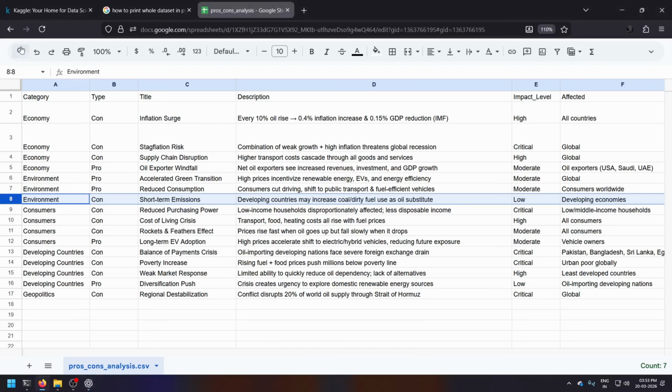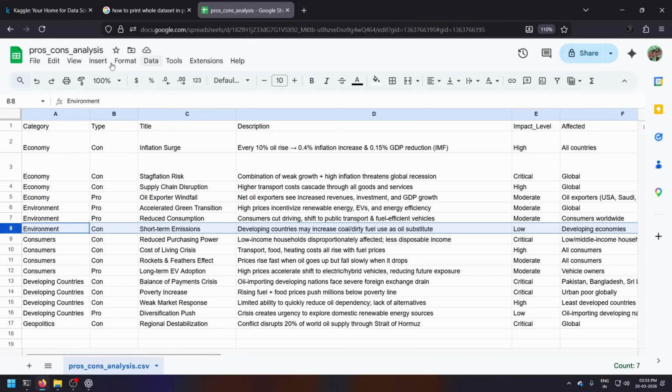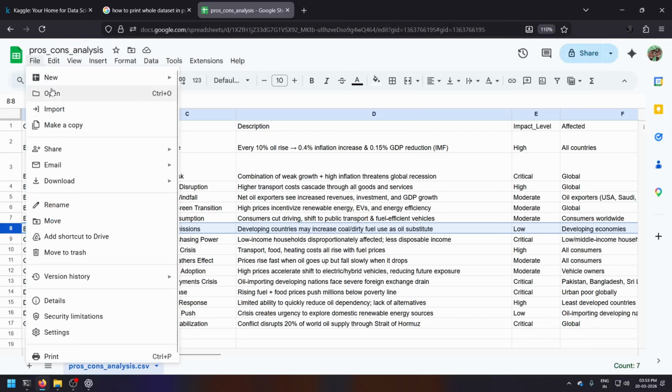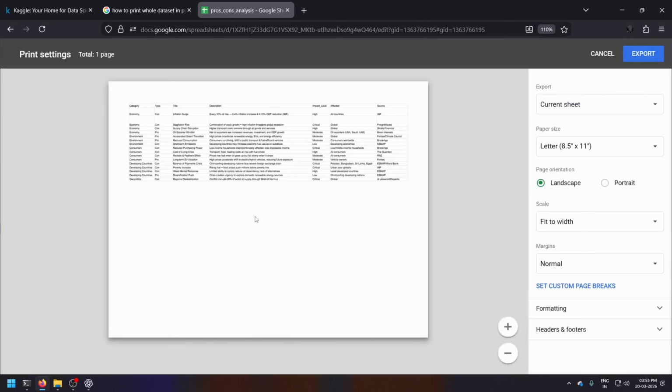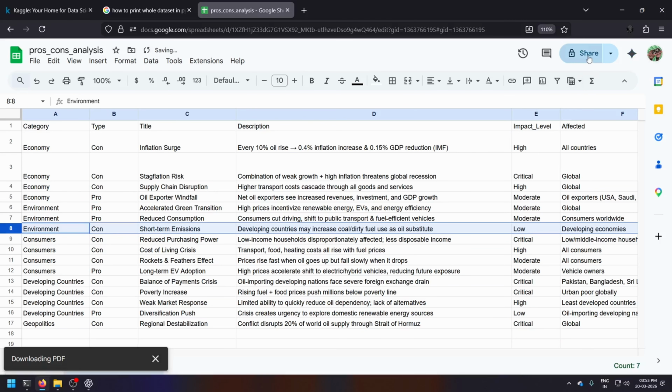And what I would do is I will just download this file not as a CSV file, but as a PDF file where I can export.